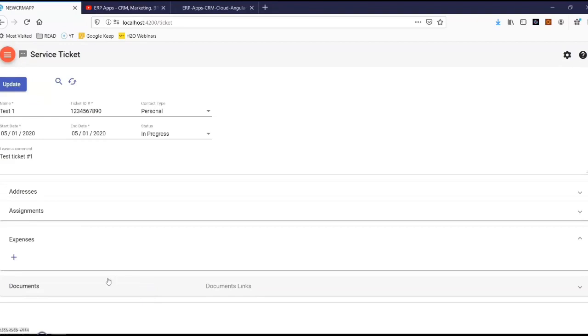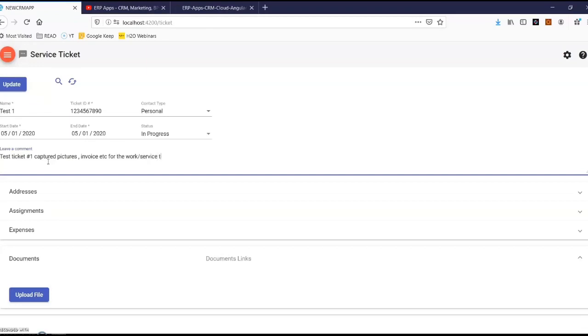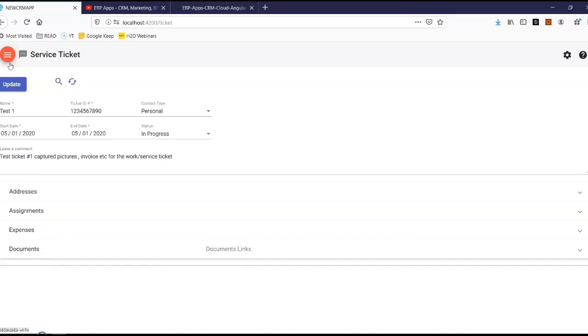And as you can see in the last tab, it also lets you store all the related documents. For example, you end up creating a FAQ, or for that particular ticket, you want to have a screenshot, a job ad. So you can attach all of that documentation in the documentation collapsible menu. All right.